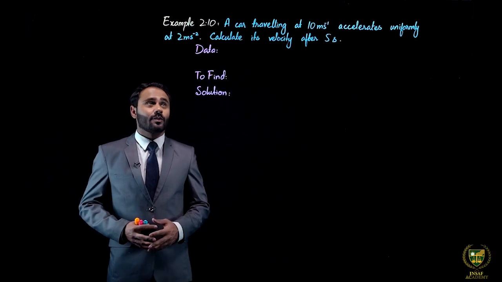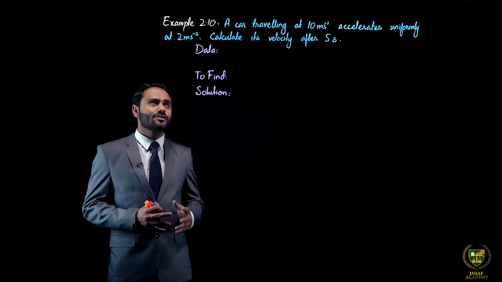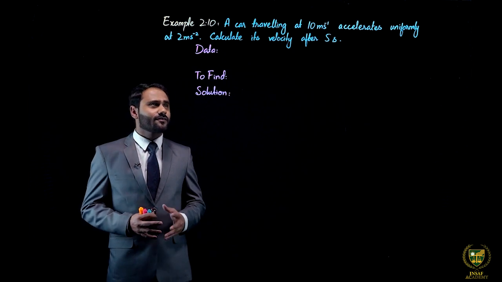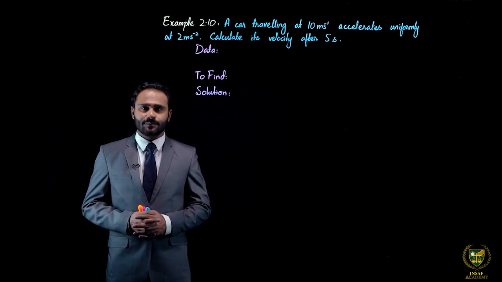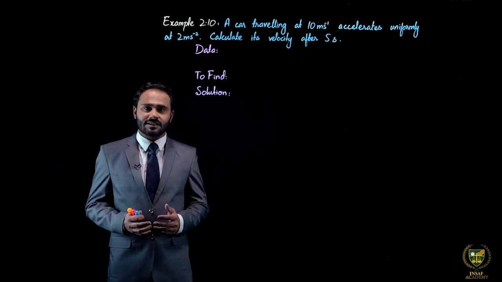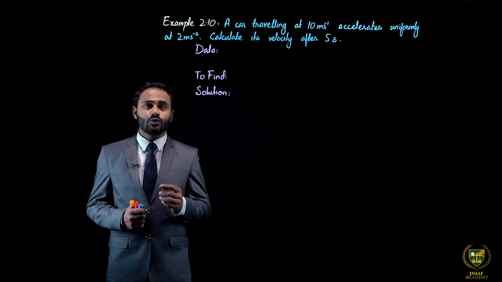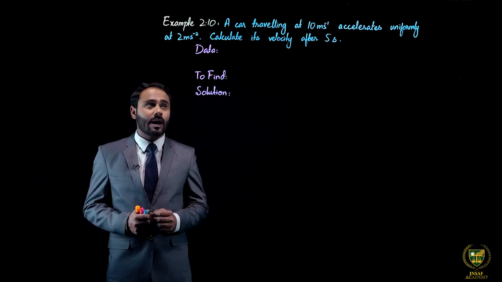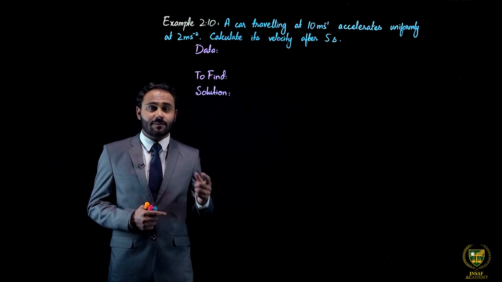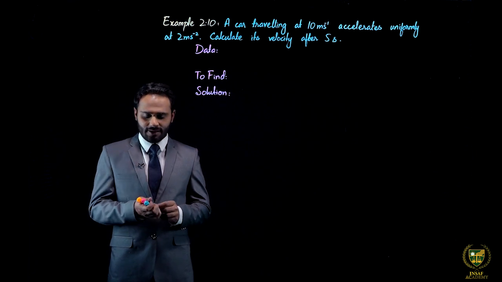Now example number 2.10, which is a car traveling at 10 meter per second accelerates uniformly at 2 meter per second square. Calculate its velocity after 5 seconds. तो एक कार जो कि ट्रैवल कर रही है 10 मीटर पर सेकंड की वेलोसिटी के साथ और वो एक्सेलरेट कर रही है यूनिफॉर्मली विद एन एक्सेलरेशन ऑफ 2 मीटर पर सेकंड स्क्वायर। आपने उसकी वेलोसिटी को कैलकुलेट करना है आफ्टर 5 सेकंड्स, दैट मींस द फाइनल वेलोसिटी।